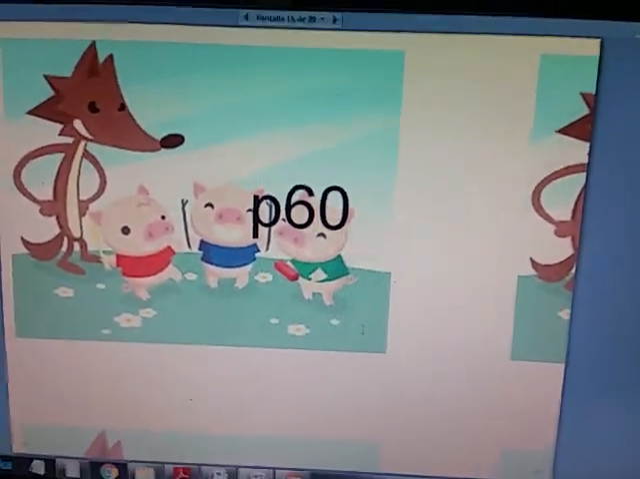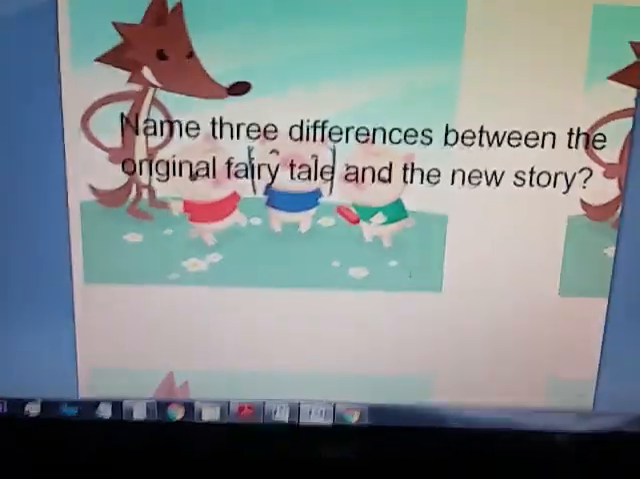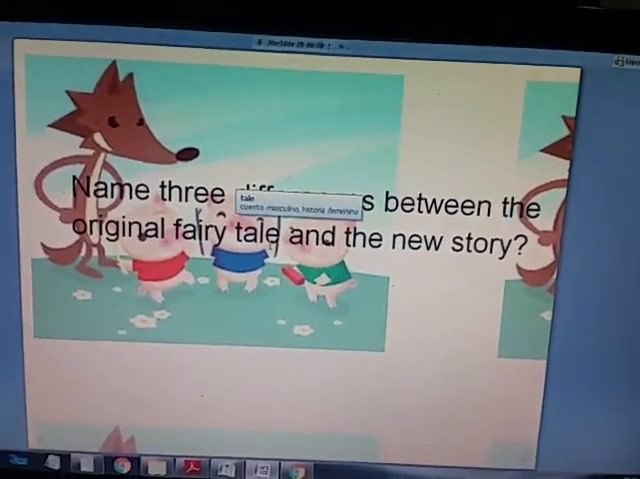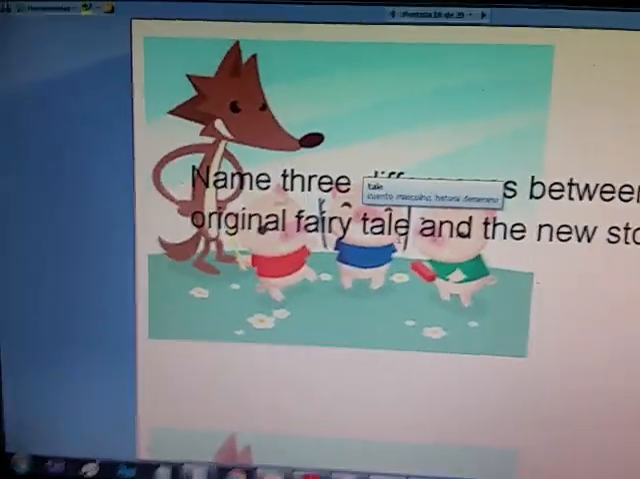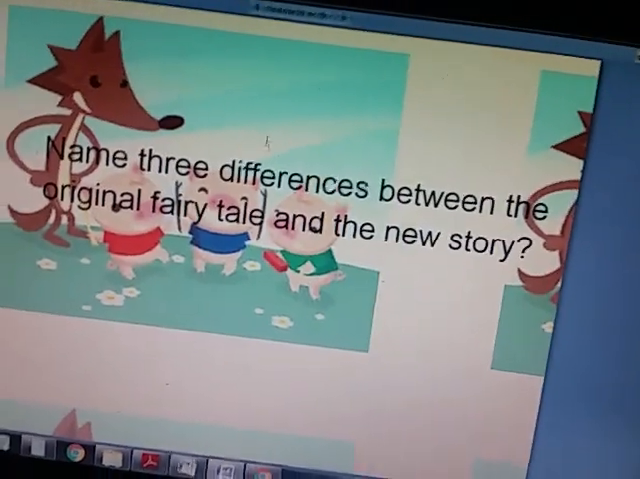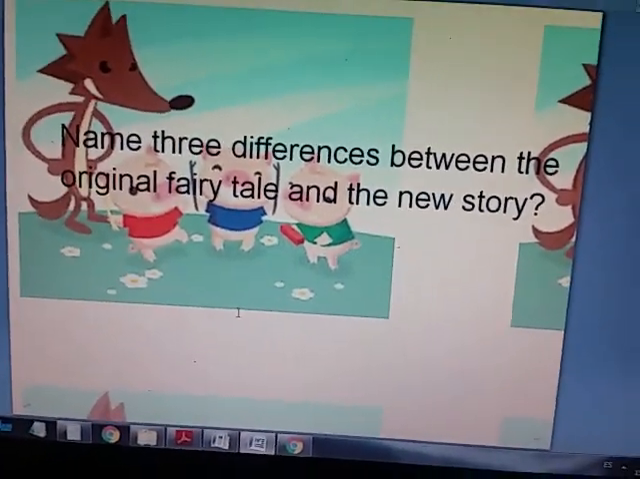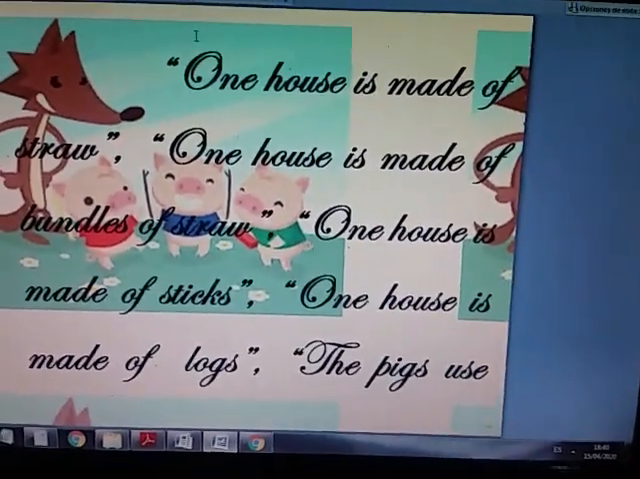So let's go over page 60. It's this one. We're about to finish the story. And this one says, name 3 differences between the original fairy tale and the new story. This answer is very extensive, so that's why I split it in 2. I wrote this